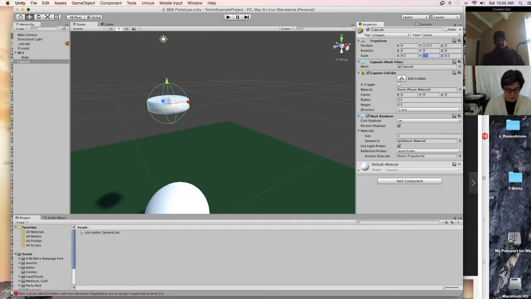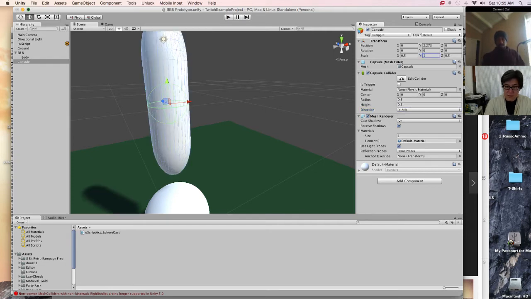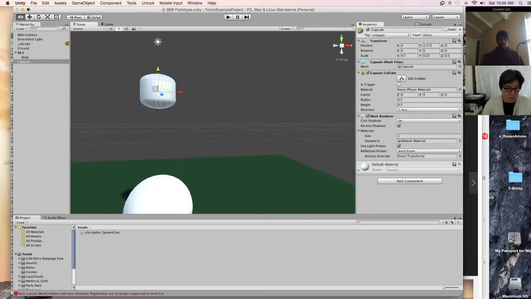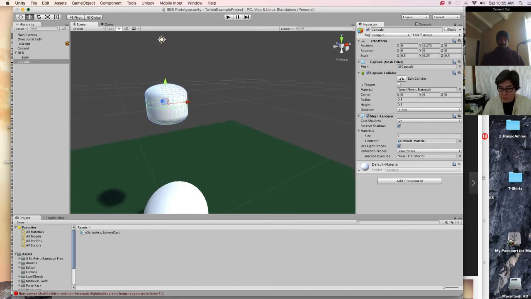Okay. Yeah, because I remember I was doing something with the capsule, and it's always going to have those ends, so you're always going to kind of have a sphere. What a pain in the ass, right? Okay, let's leave it as a capsule for a second. That is actually a little bit more reflective of where it's at, right? Yeah, that'll work. I think that's okay.